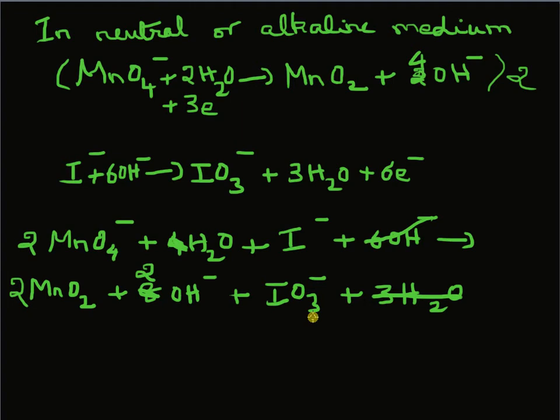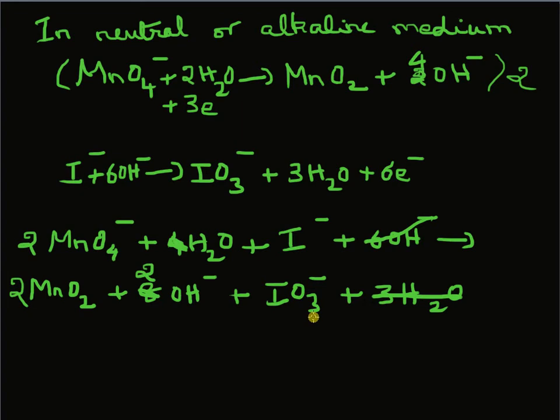But you notice that the number of electrons involved in the case of permanganate in oxidation in the alkaline or neutral medium is 3 electrons. That means 1 mole of permanganate ion takes up 3 moles of electrons. We saw that in the acid medium, 1 mole of permanganate takes up 5 electrons. So accordingly, we will do the calculation when we bring about the oxidation or reduction in a specific medium.